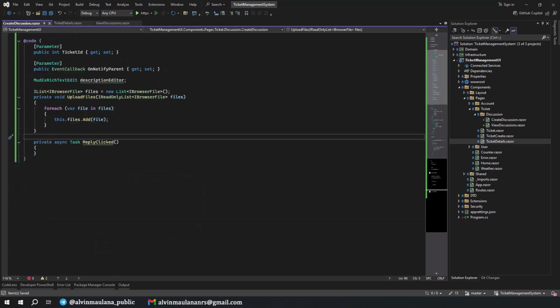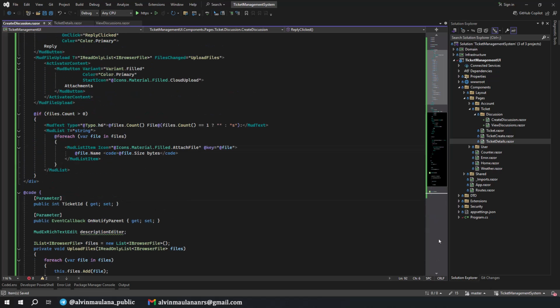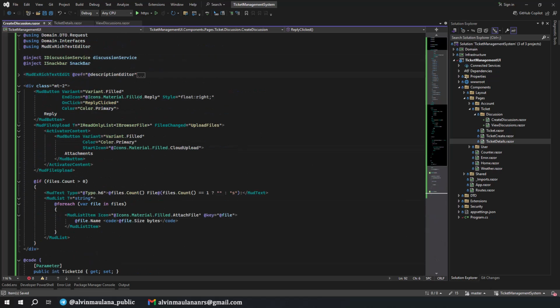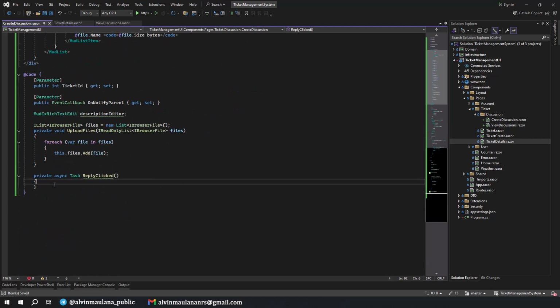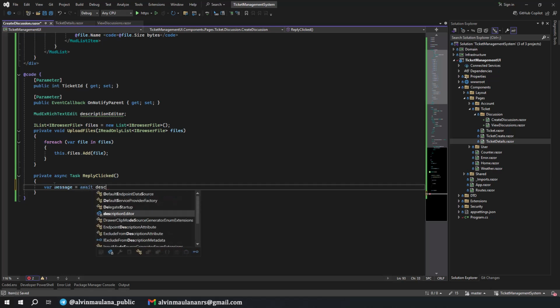And then let's implement the reply click. First, maybe we check if the text editor here is empty or not before submitting the reply. So what we do is var message with description editor.